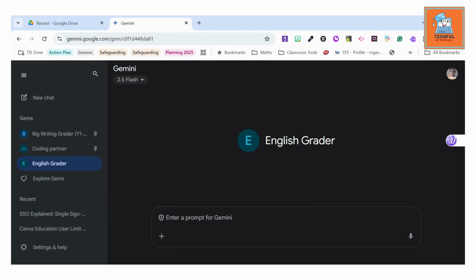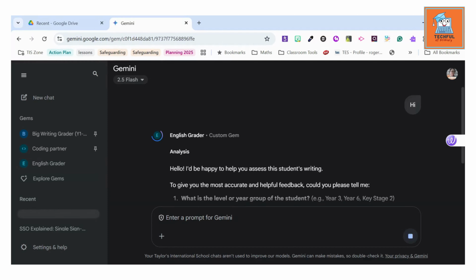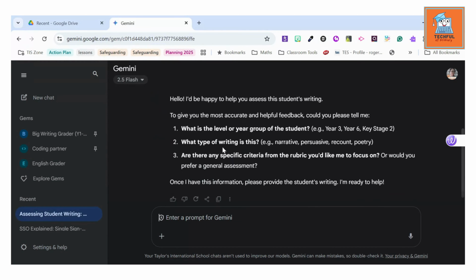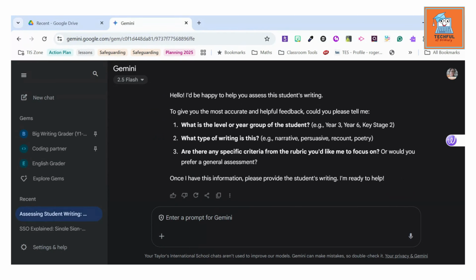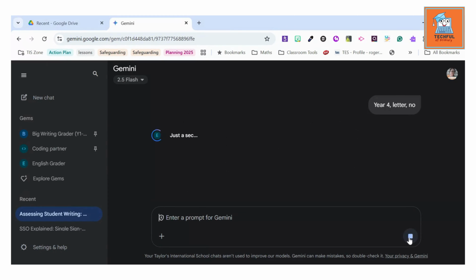So I'll just give you an example. I'll just say hi, and then it will ask you what level or group of student. So for this example, I'm gonna put year 4. It's going to be a letter writing, and I don't want to have a specific criteria. Sometimes you do want to be more specific, for example, maybe grammar only or spelling, but this is just a general one, following the rubric. I'll just click submit,